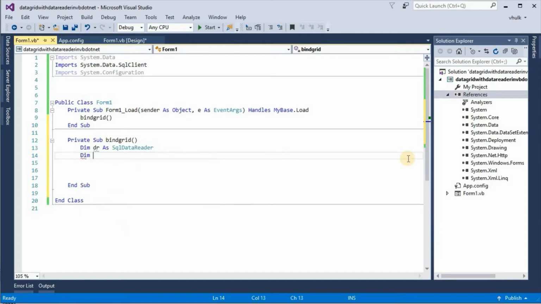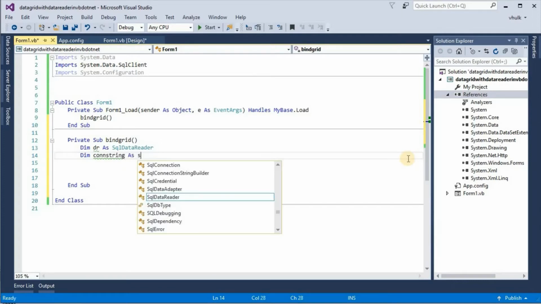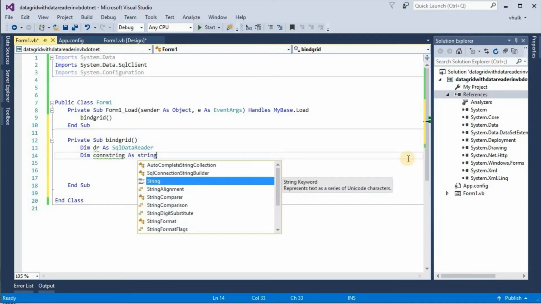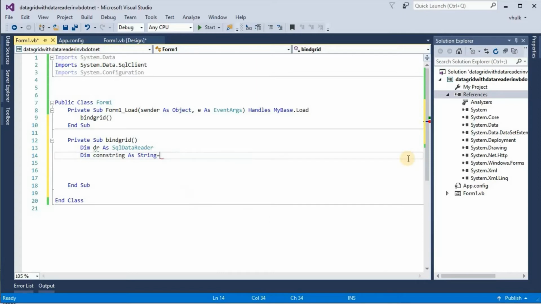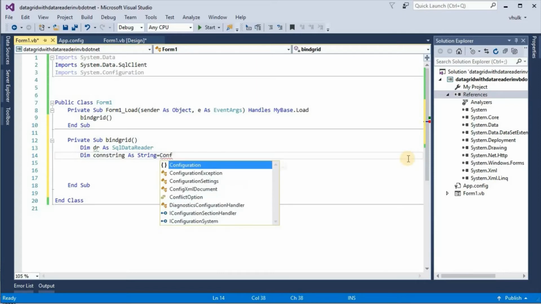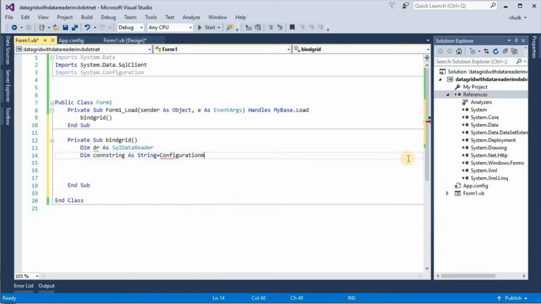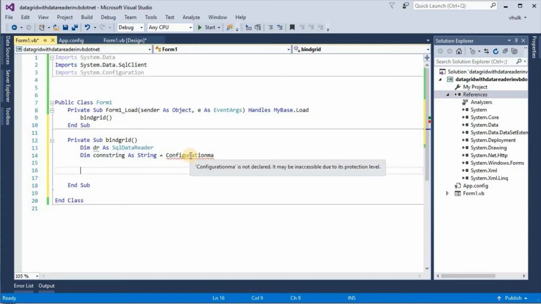Dim constring as string is equal to configuration manager. We want to take configuration manager here, but we can't able to take configuration manager. So